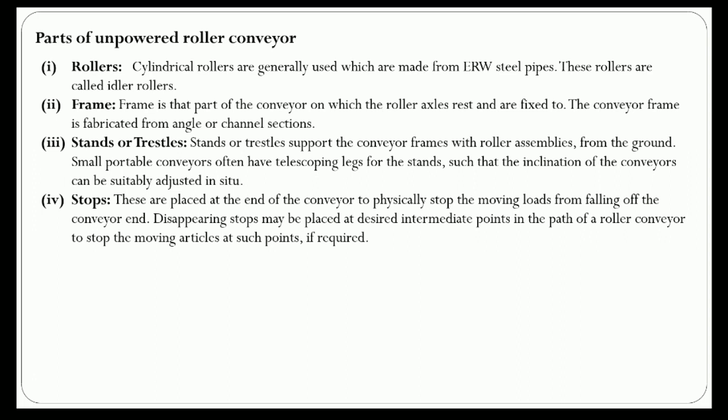For conveying cylindrical objects, double tapered rollers can also be used. There are different types of rollers available. One is the cylindrical roller, which is very commonly used. Another is the double tapered roller. Another one is the wheel roller. The diameter of the roller depends on how heavy the load is. The diameter varies from about 20 millimeters to a maximum of 155 millimeters. All of these are already given in different tables, which are IS standard tables.